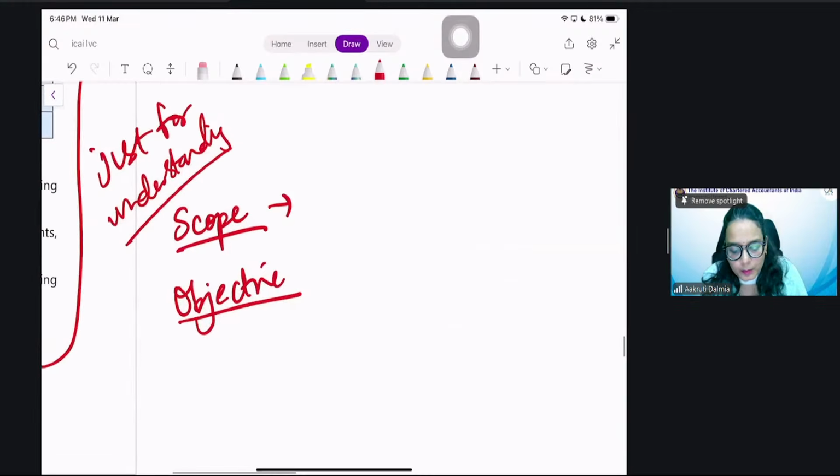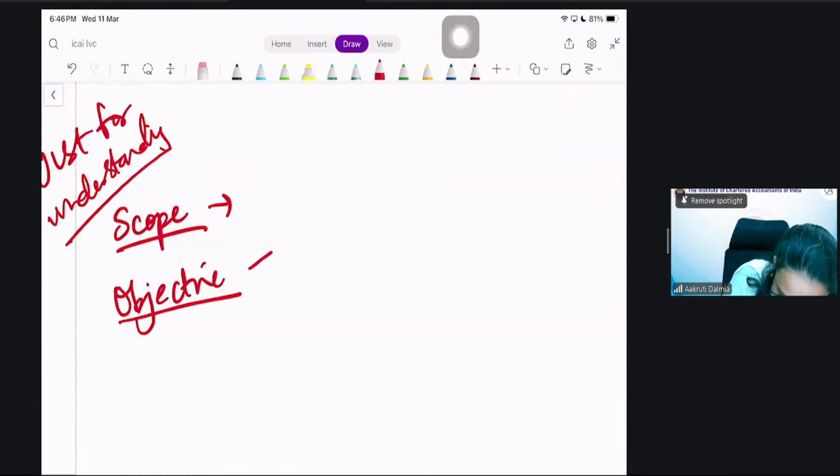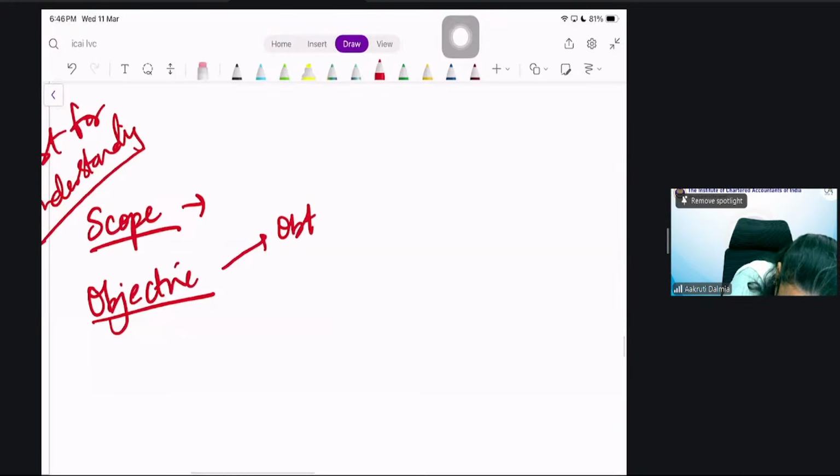The scope and objective are written similarly. So I'll first tell you the objective, then you can understand the scope easily. What is the objective of this SA 520? It is to obtain